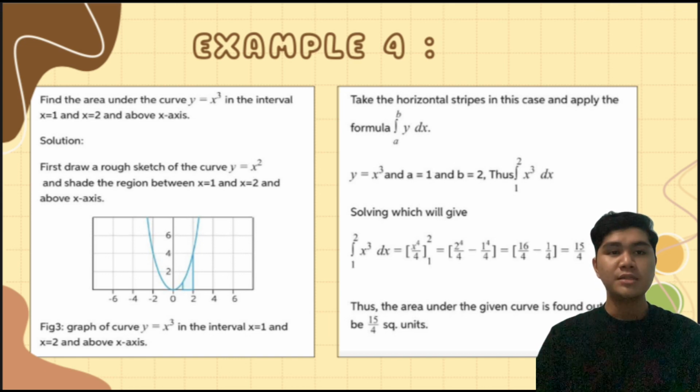Take the horizontal stripe in this case and apply the formula integral from a to b of y dx. Y equals x cubed and a equals